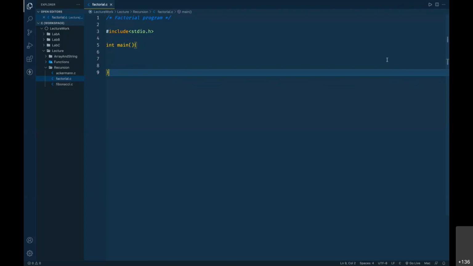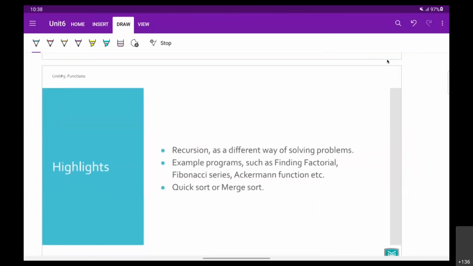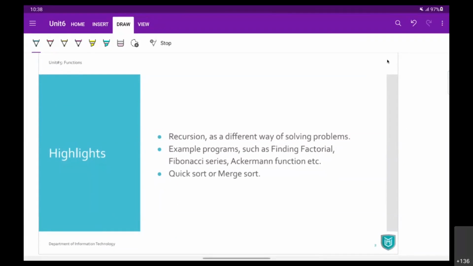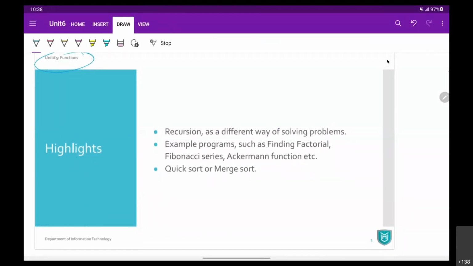Yeah, sorry. This is the sixth unit. I need to change the headings. I'll make that change as soon as we complete this session.